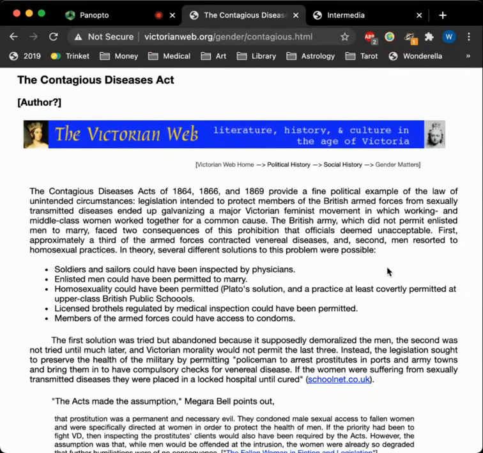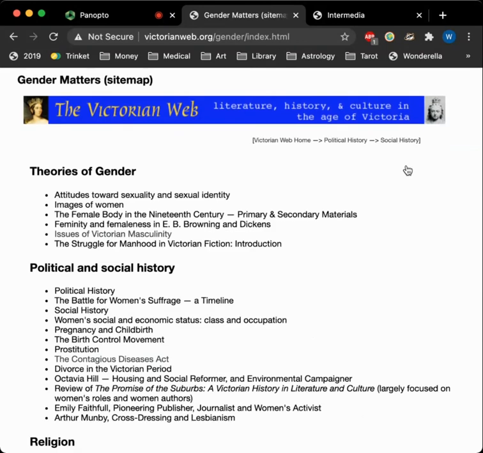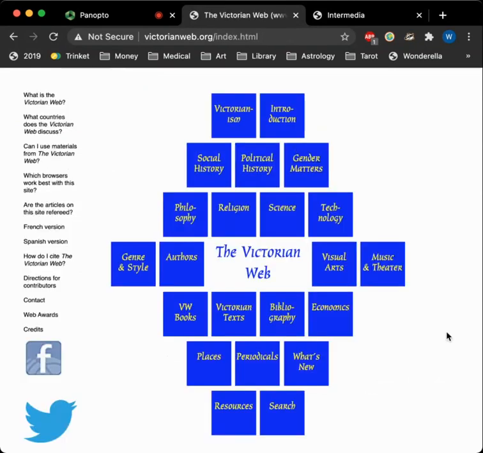Like you wouldn't normally think of those things as being components of the Contagious Diseases Act, but this is an interesting concept, and sort of by linking it that way, you can integrate, that's perhaps the word I mean, you can integrate the Contagious Diseases Act with these other aspects of Victorian society.